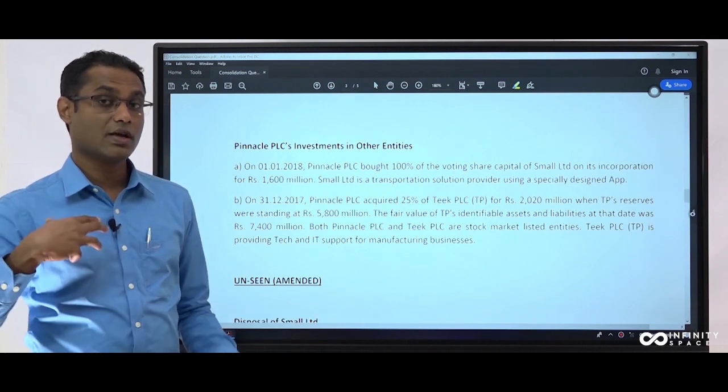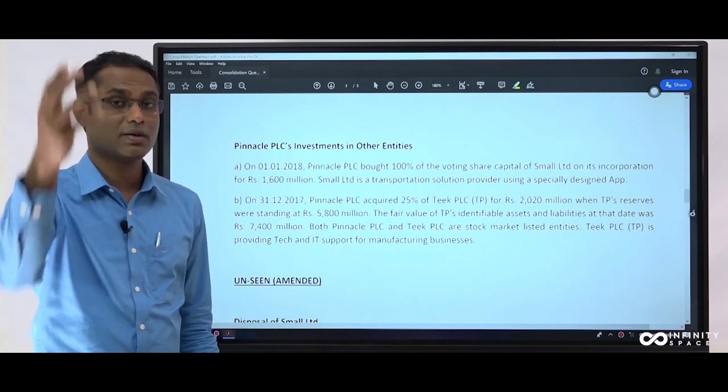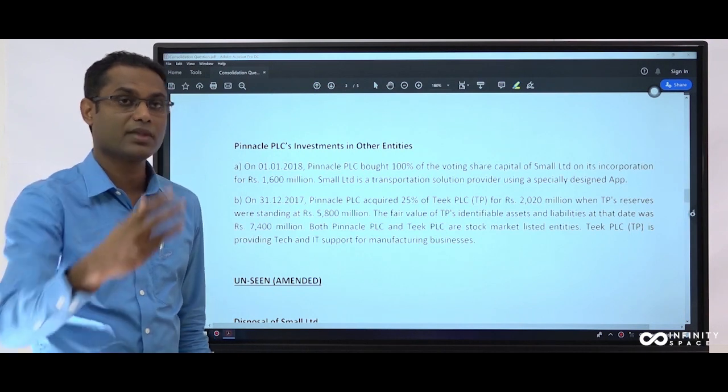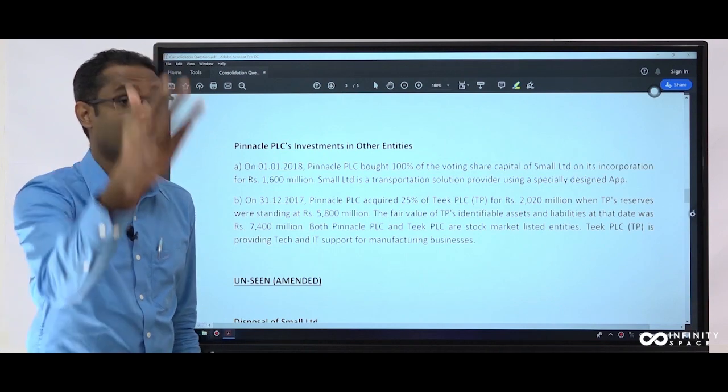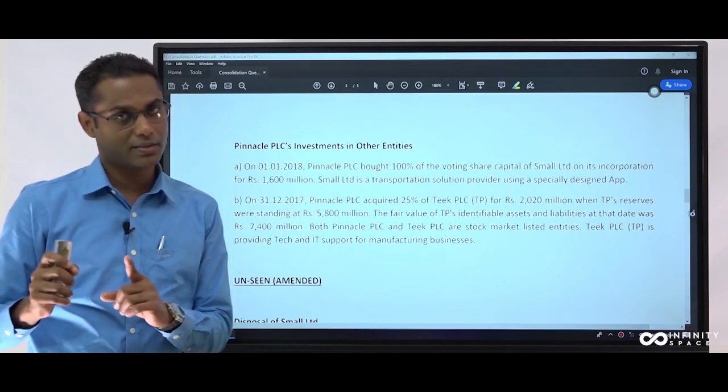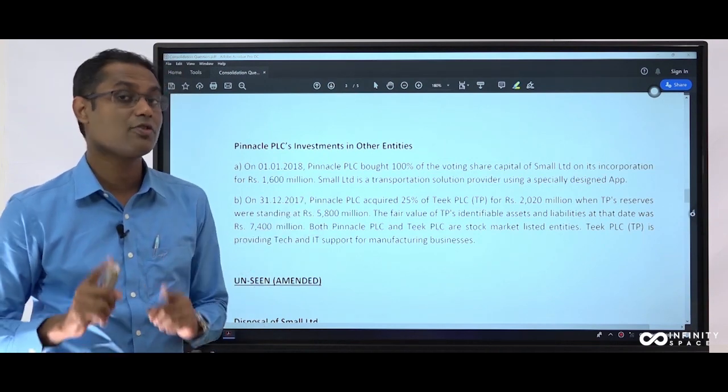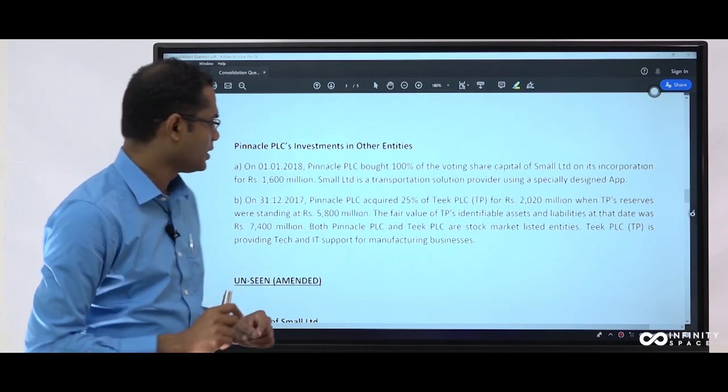Goodwill comes if the parent acquires an ongoing, running company, because for the good name that the company has generated by being in business for several years, you have to pay a premium, that is goodwill. But if you acquire a company at incorporation, normally there won't be any goodwill figure, right? Then